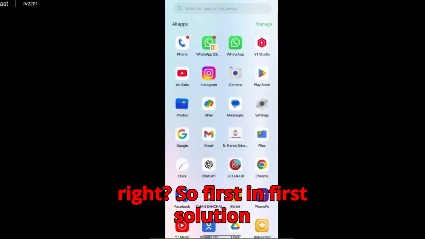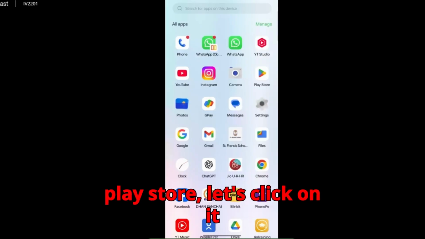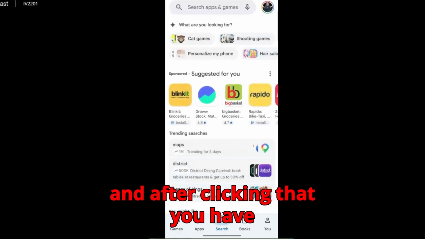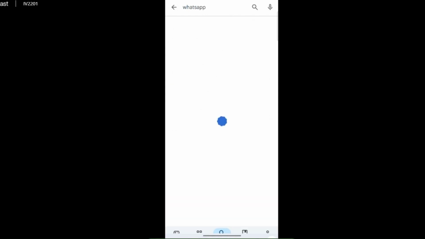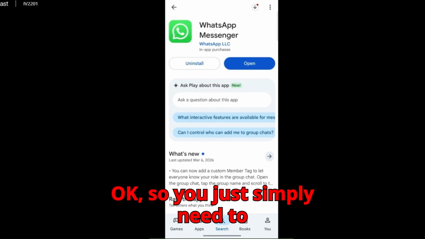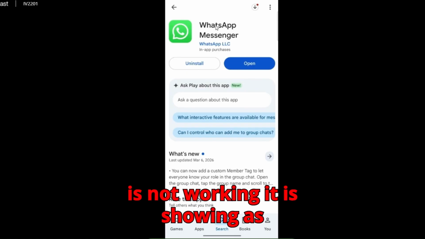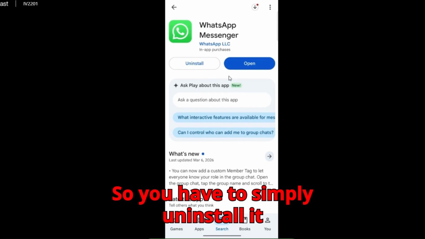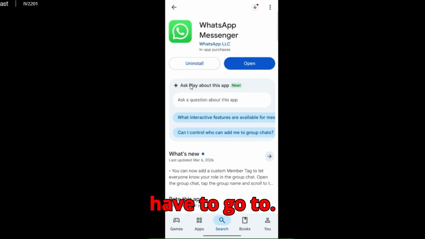So first solution, we just need to go to Play Store. Let's click on it, and after clicking that you have to type WhatsApp. Okay, so you just simply need to uninstall this. All right, if the older one is not working, it is showing as this account can no longer use WhatsApp. So you have to simply uninstall it, and after following this process you just have to go to